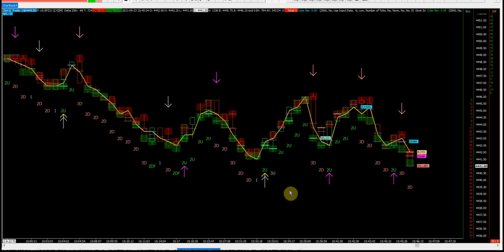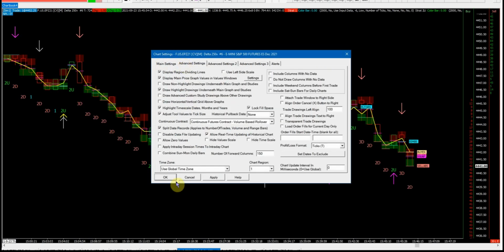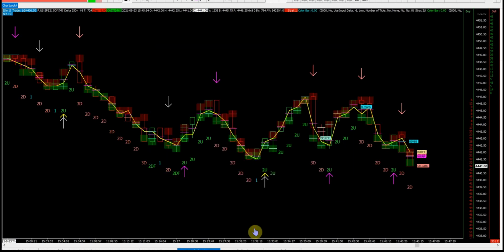My charts, I believe these charts should be, yes, these are New York time. So you can trade whenever you want to. This system works basically 23 hours a day. You can trade Globex with it. It's a little bit slower, but you can trade Globex with it. You can trade regular trading hours. You just have to be pretty quick on the trigger, because regular trading hours tend to, on a 250 delta volume chart, these things tend to move a little fast,